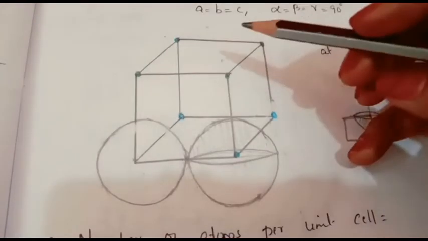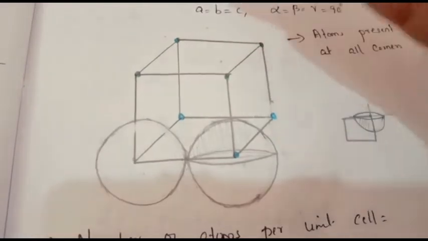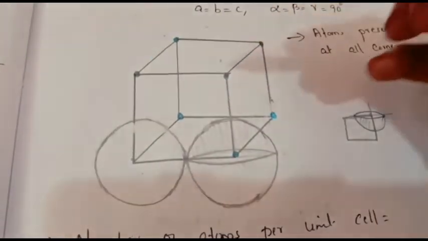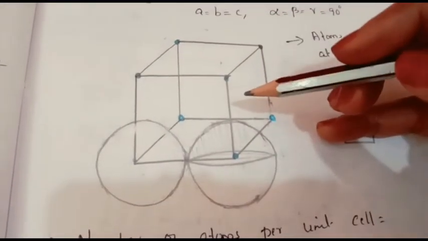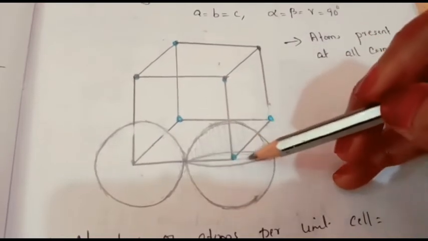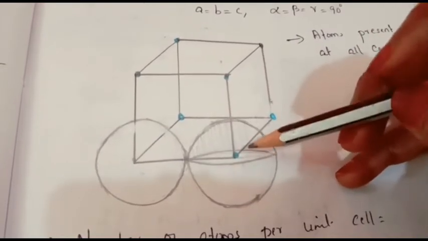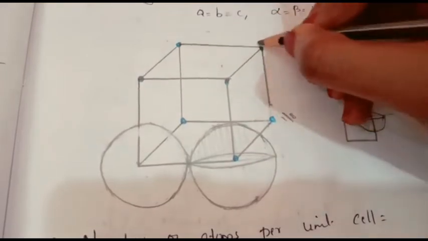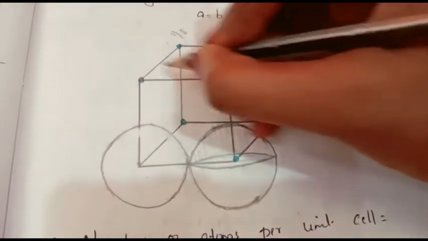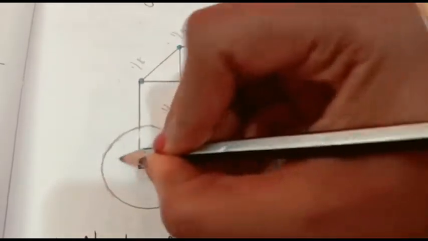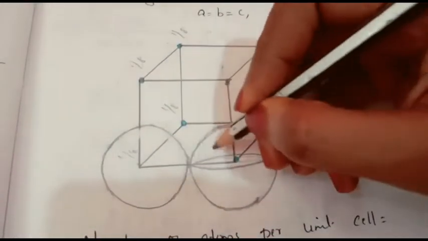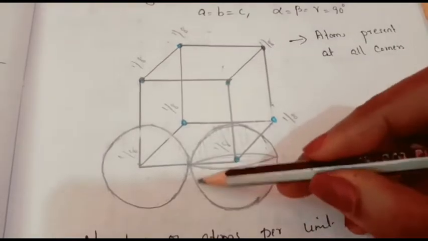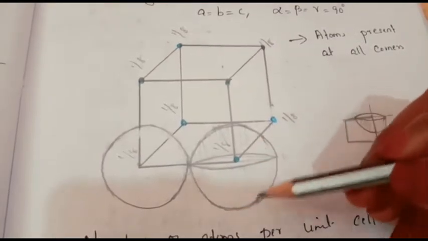It is just like taking one watermelon, then cutting it into 8 pieces, and then one 1 by 8th piece will be inside this cube. It will be the same like that. So here it is 1 by 8. At all corners it will be 1 by 8. All corners inside the cube will get only 1 by 8. These parts will be shared by other cubes.